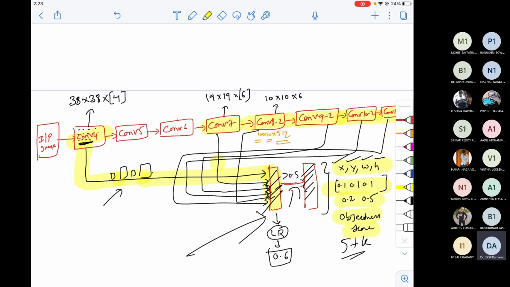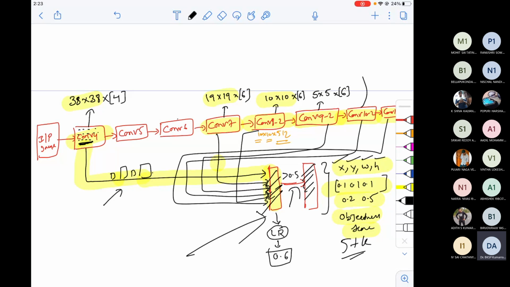Why am I suddenly introducing 38 cross 38, 19 cross 19 and 10 cross 10? All these are the output width and height after the convolution operation. After applying conv 8, the output width and height is 10 cross 10, and I'm drawing 6 boxes for every pixel in 10 cross 10. In the next convolution, I'll get an output size of 5 by 5, and for each pixel I'm drawing 6 boxes.